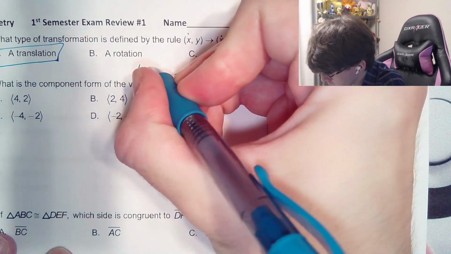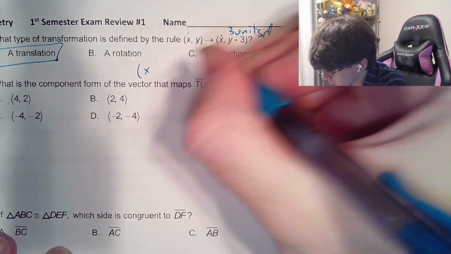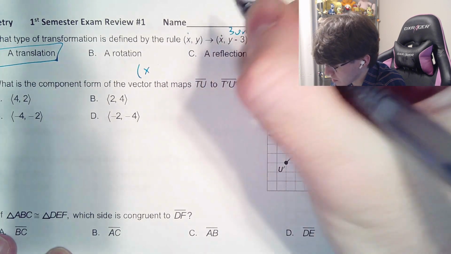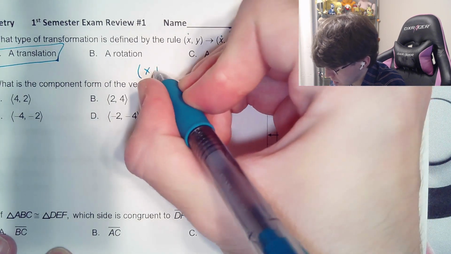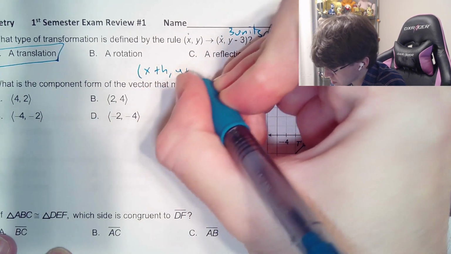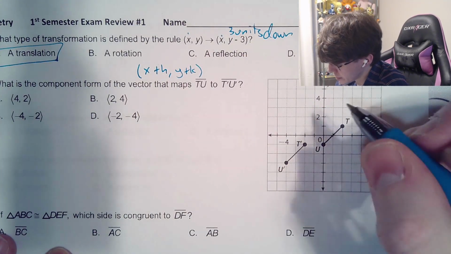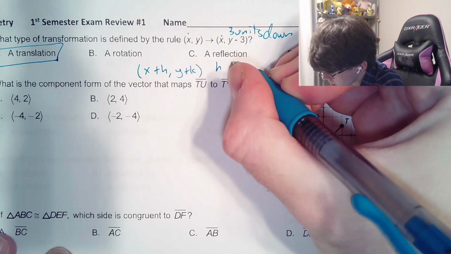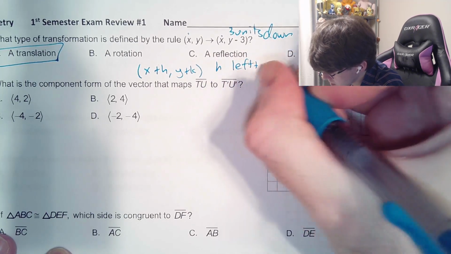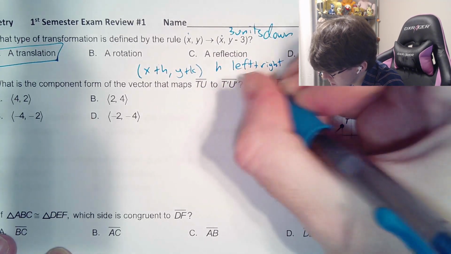So if you're trying to get notes going for yourself, we do want to think about how if we have like X, usually what we're going to be writing is something about the letter H. So X plus H comma Y plus K. I don't know why H and K are used for X and Y, but they always are. So H is going to be our left and right movement,